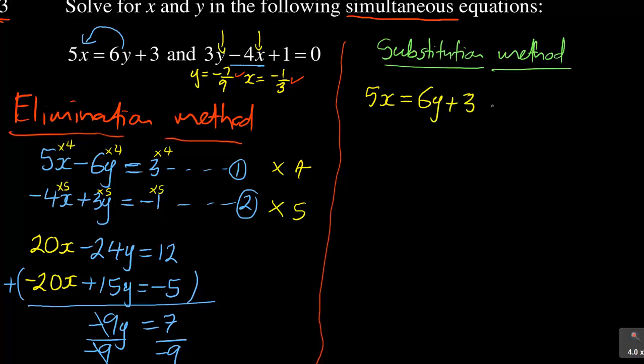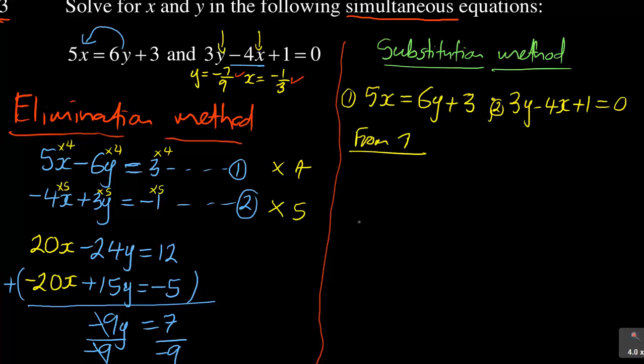That's equation 1. And the second equation, you have got 3y minus 4x plus 1 is equal to 0. So you've got these two equations. I'm going to focus on the first equation. So I'll call this equation 1, I call that equation 2. But you must do the same thing and put the dots and say this is equation 1, this is equation 2. So now from 1,